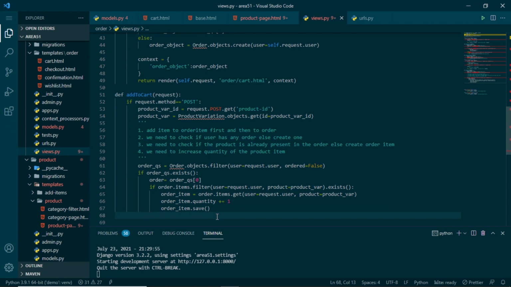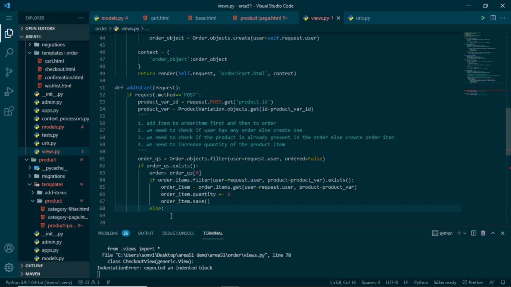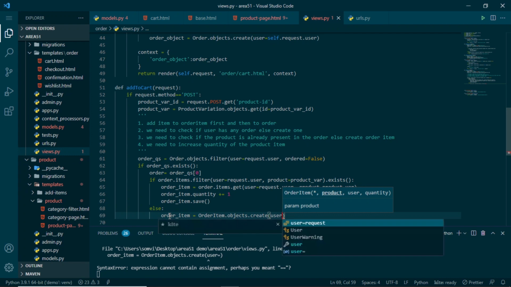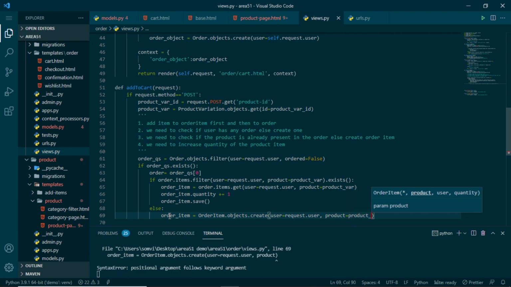If the order item is not present in the object, then we will need to create one order item that we have defined here and then add it to our order. For that I will use order_item = OrderItem.objects.create. I will give the user as request.user and product as product_variation.